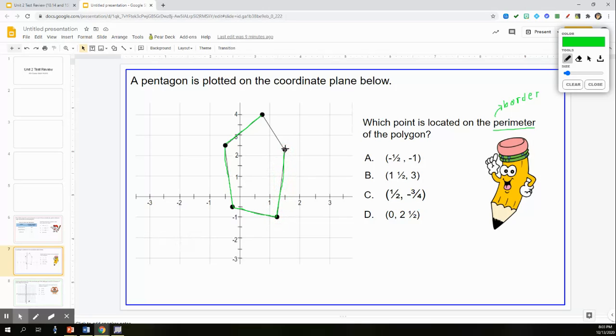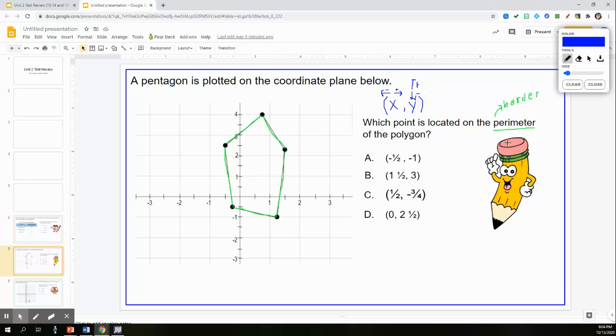So I need to plot each of these points or ordered pairs and see which one falls along this perimeter. So remember, my ordered pairs are written as x, comma, y. My x value, the first value, tells me how far to the left if it's negative, or to the right I go if it is positive. The y value, the second coordinate, tells me how far up if it's positive, or down if it is negative